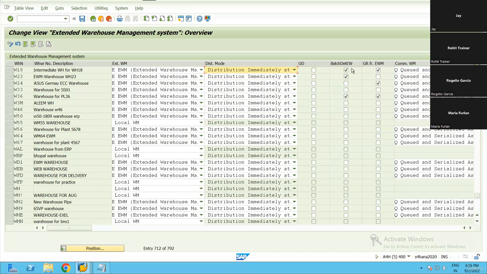The next option is batch determination in EWM. Generally, if you have batch management activated in S4, the system will try to determine which batch needs to be shipped to the customer based on the batch characteristics and other related configuration. But if you activate this indicator here, the system won't determine the batch in S4. Else, once the document is distributed in EWM, it will try to determine which batch needs to be shipped,